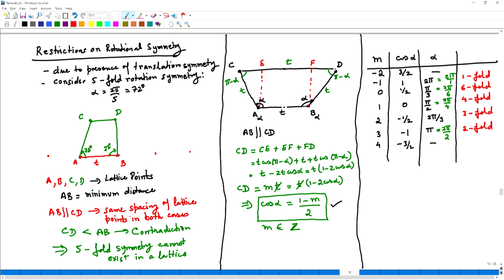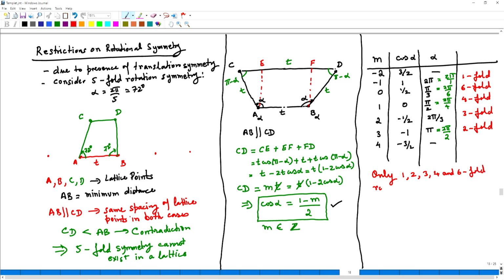So, what we have worked out from here, these are the only rotational symmetries possible. So, in conclusion, only 1, 2, 3, 4 and 6